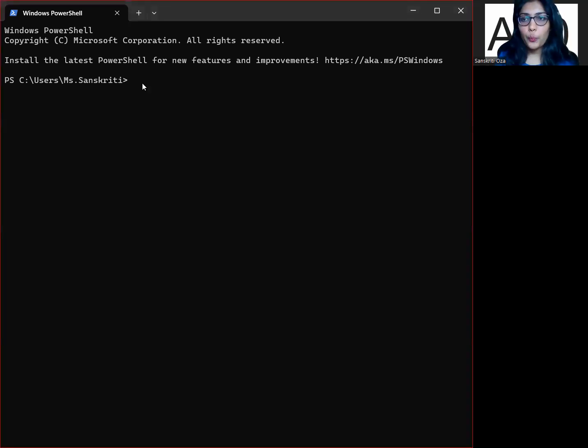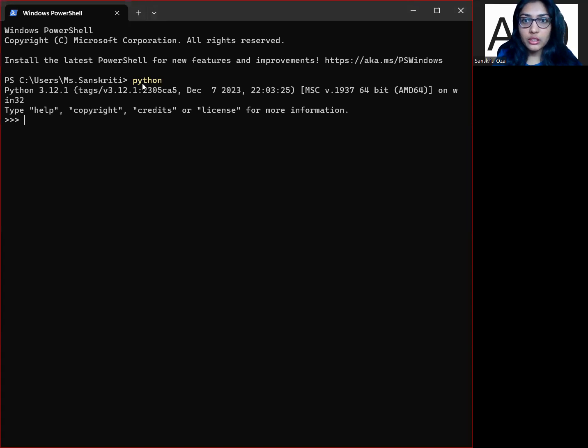Today we are going to print a Christmas tree in Python with just one line. So first, this is the terminal that we have opened. We are going to type python. You need to have Python installed on this. Next, we are